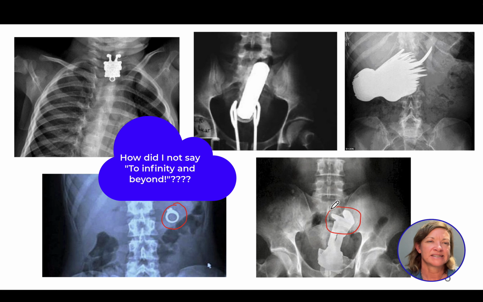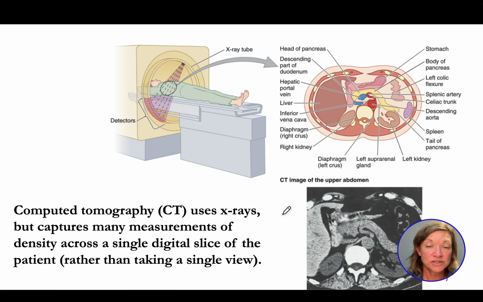So these are just examples to reinforce the point that dense structures are bright. CT also uses X-rays, so the density principle still holds, but CT essentially captures many, many measurements of density across a single slice of the patient. So rather than a single view through a patient, CT isolates a slice with a source of X-rays placed in